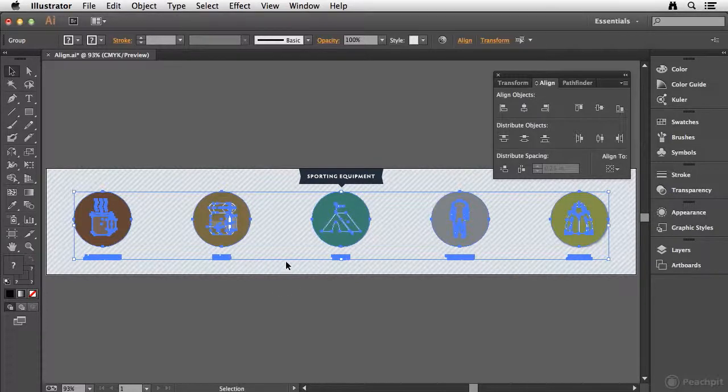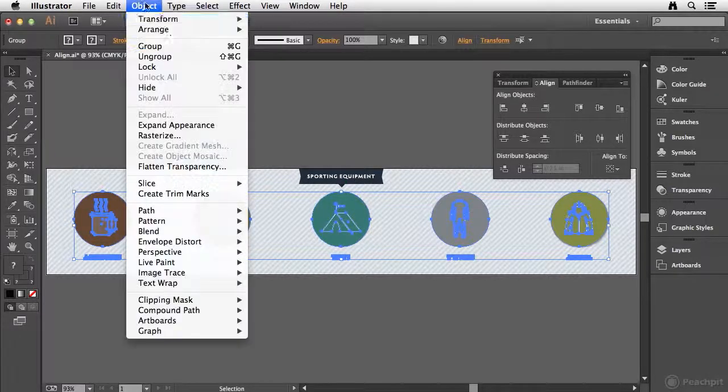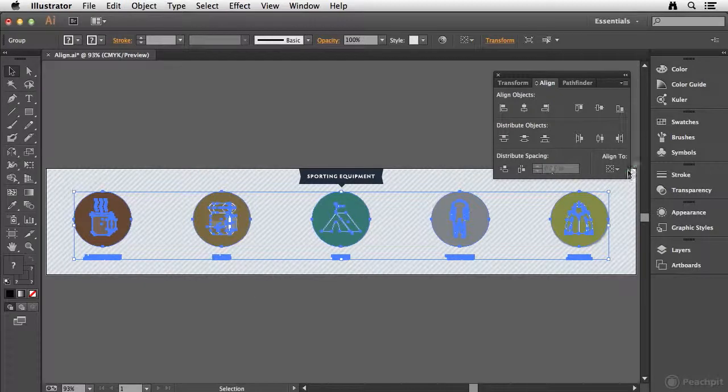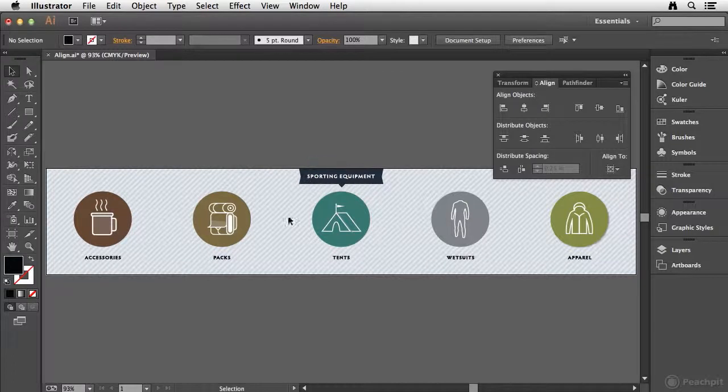Now, one last thing I'm going to do, I want to make sure that these are all centered perfectly. And I think we're pretty close, but I think if you look here, we're not quite dead center. So it's easy enough for me to do. I'm going to group all of these together, and then I'm going to change the Align To option to Align to Artboard. And now if I click the horizontal align center icon, I should see a very minor slight shift. But now we have these evenly spaced, aligned properly in the horizontal and vertical directions, and we're ready to roll